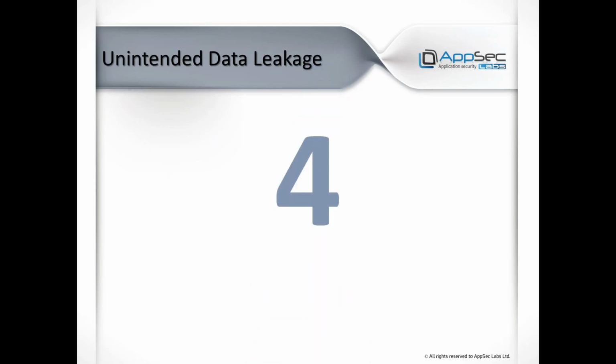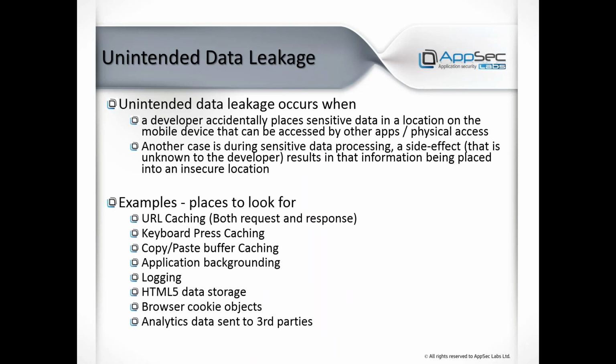Problem number 4 is unintended data leakage. In unintended data leakage, we're talking about information that the developer didn't really realize they're saving, either directly or indirectly as a side effect, so that later on this information can be abused by an adversary. For example, caching of URLs. If the user is using some URLs that might be sensitive, those URLs might be cached, and the attacker can exploit that. Keyboard caching, copy-paste buffer caching,